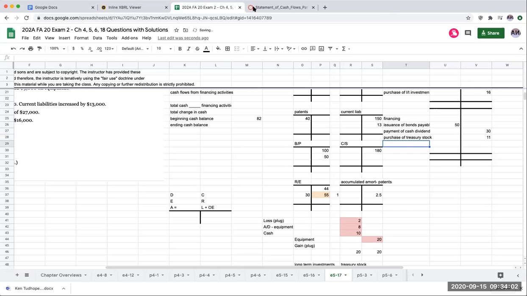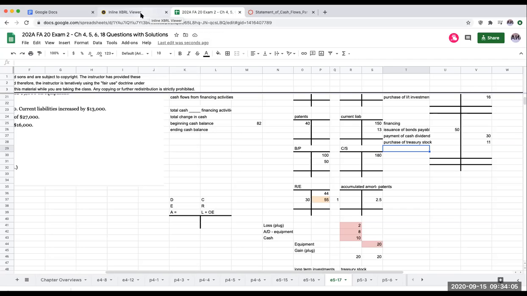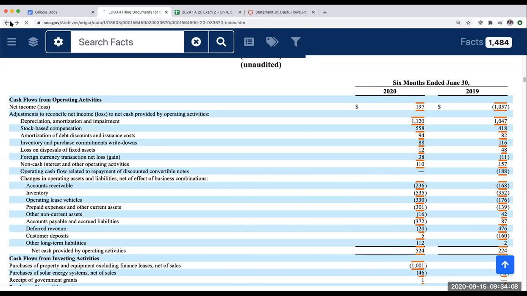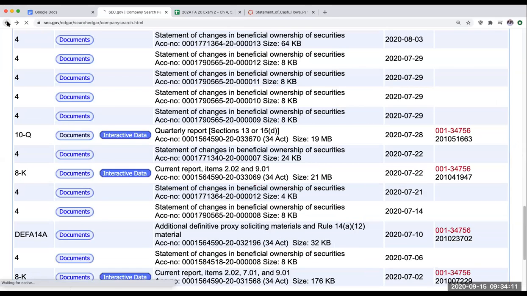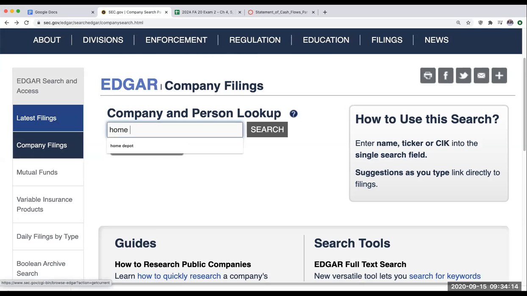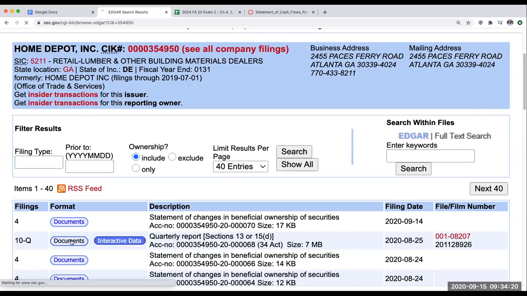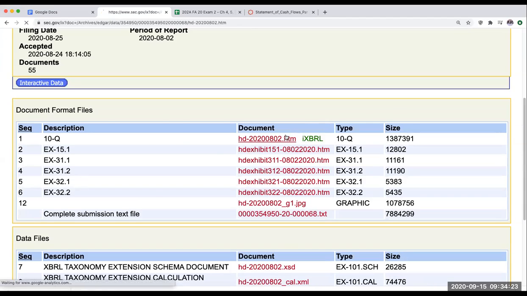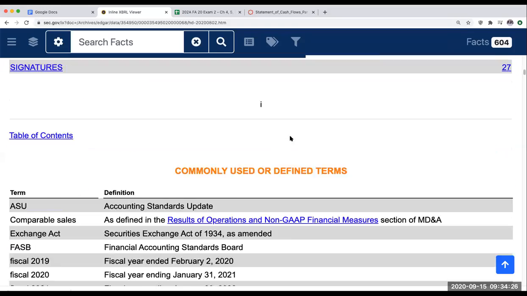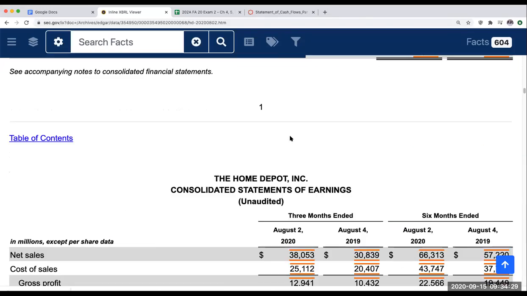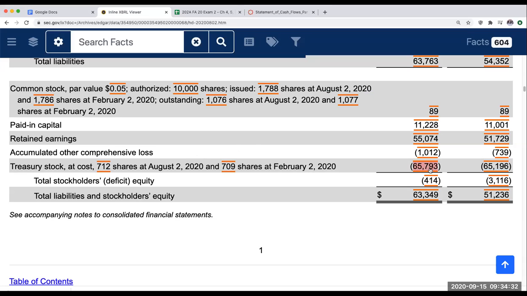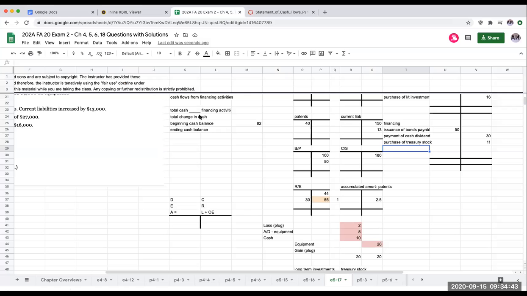Okay. What is treasury stock? It's basically stock that I'm bringing back into my treasury. The best example I can share with you is one that I shared with you last night. Let's go here to the Home Depot, right over here. And as I see for Home Depot, you can see right over here, treasury stock. This shows up as a debit in the retained earnings. It's not a contra equity, but it reduces the holdings of retained earnings because these shares are no longer really considered to be outstanding. Okay.